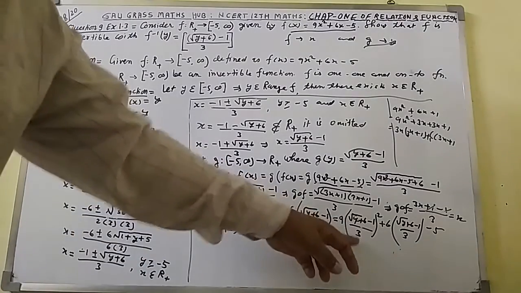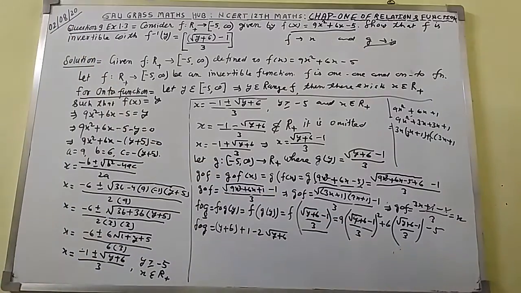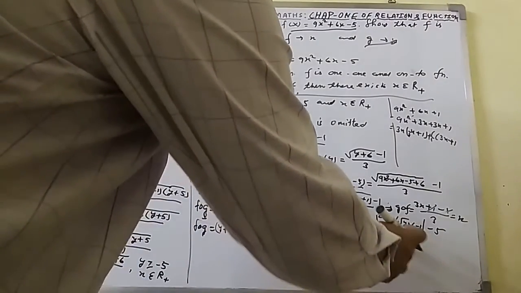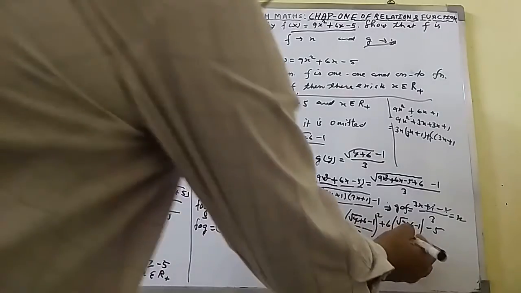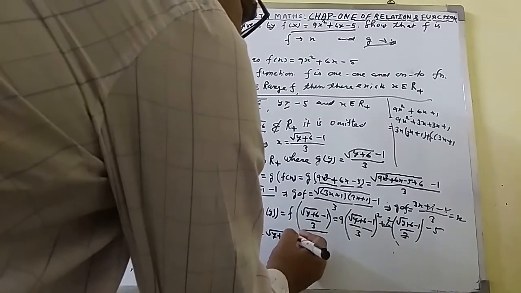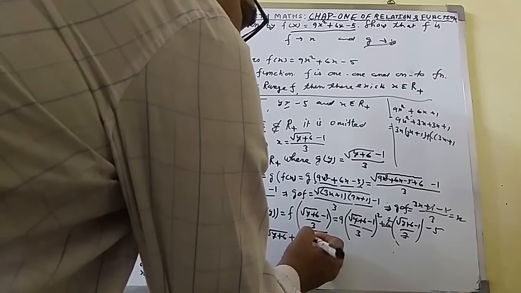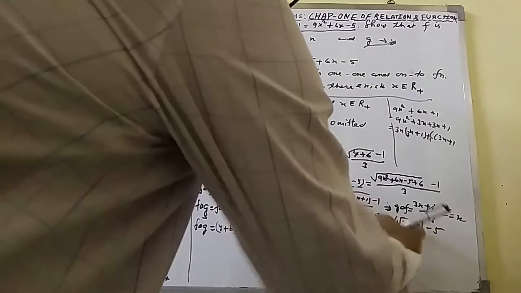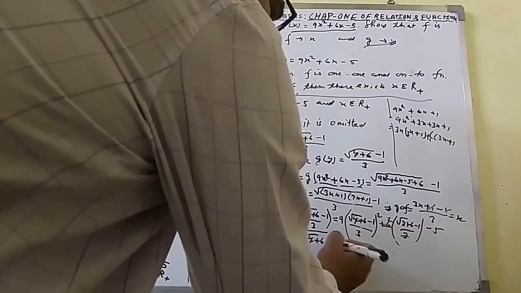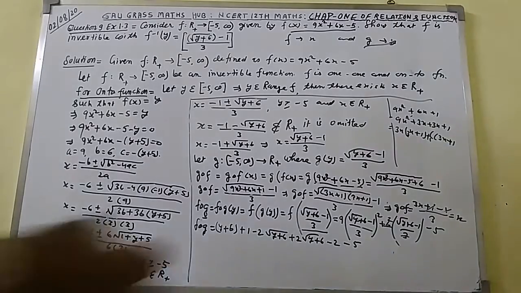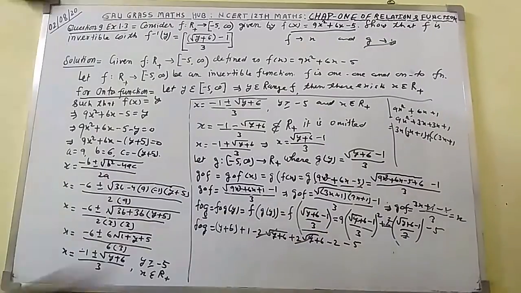This will become 9 square, 9 square we will cancel. What about this one? Here we will get 6, and we will get only 2. So this will become plus 2√(y+6), and here you will get 2 entering inside, you will get minus 2. I will get here minus 9. Now do the operation here. You can see this term with this one will be cancelled out.